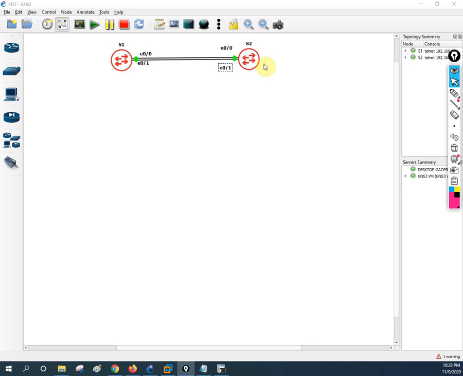It is utilizing a lot of RAM and CPU. So to overcome these types of issues, we are going for MST. MST is creating the instance. With the help of MST, we are creating the instance and mapping the VLANs, or in other words, we are adding the VLANs to the MST. So this instance is running as one, and it will use less RAM and